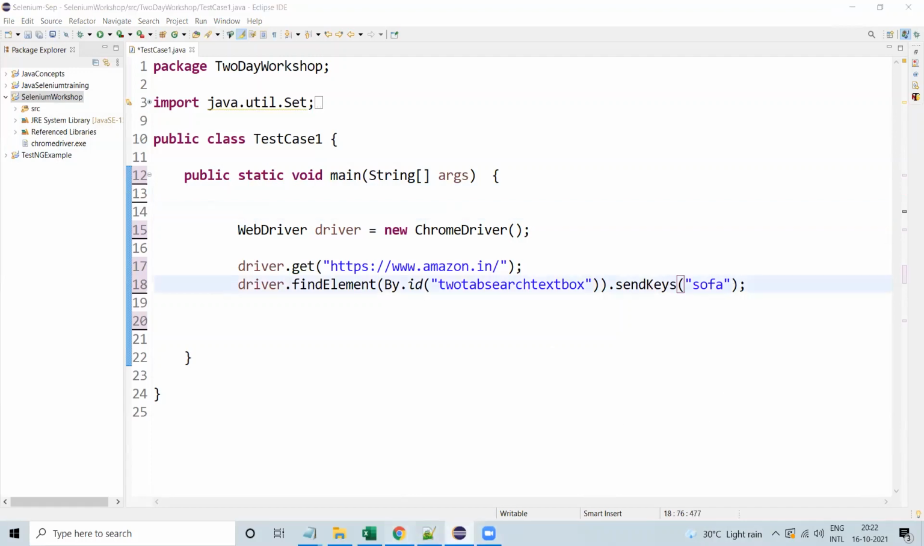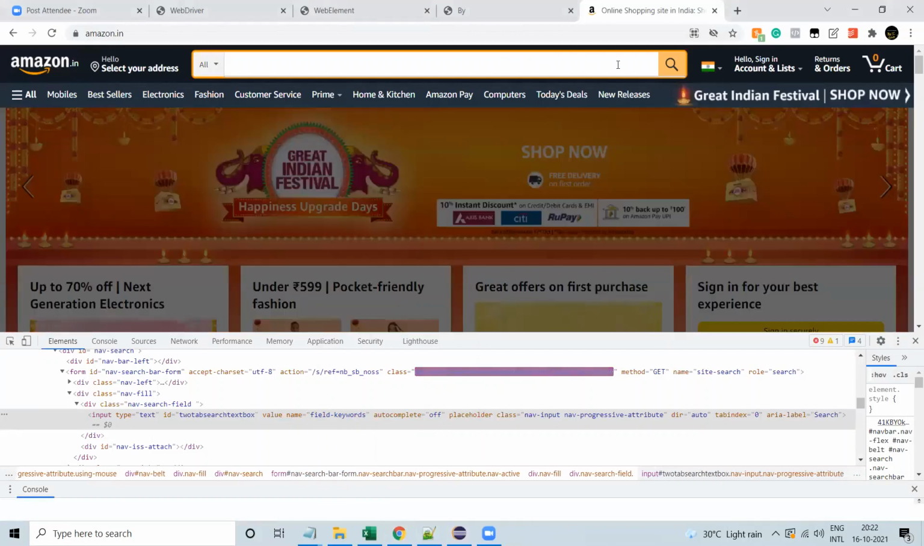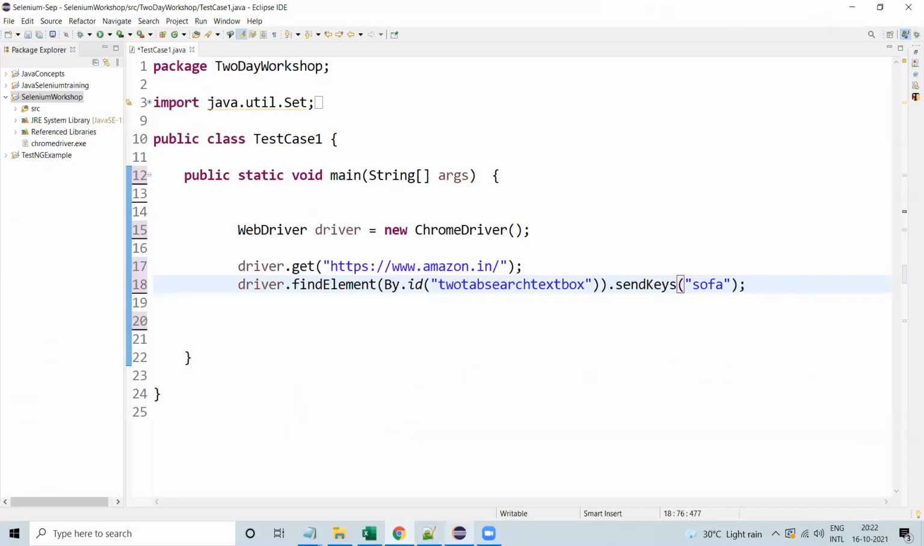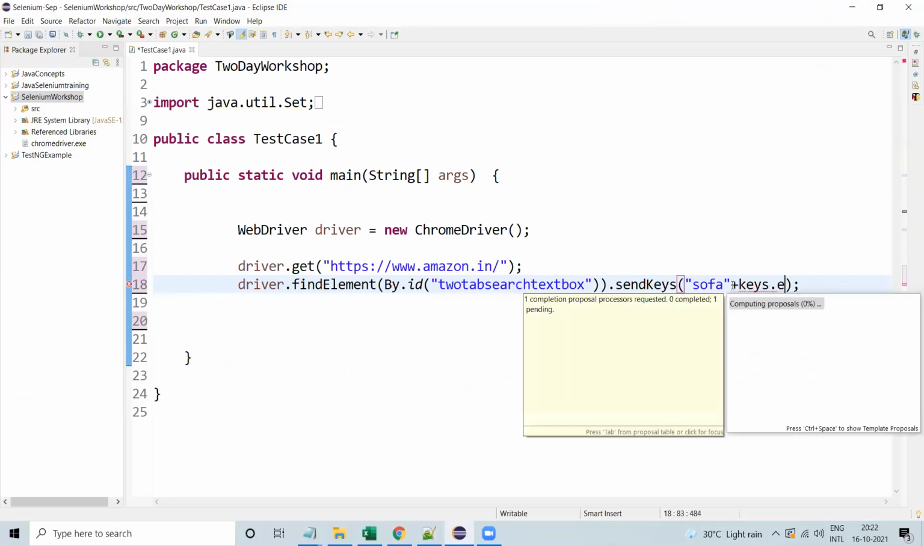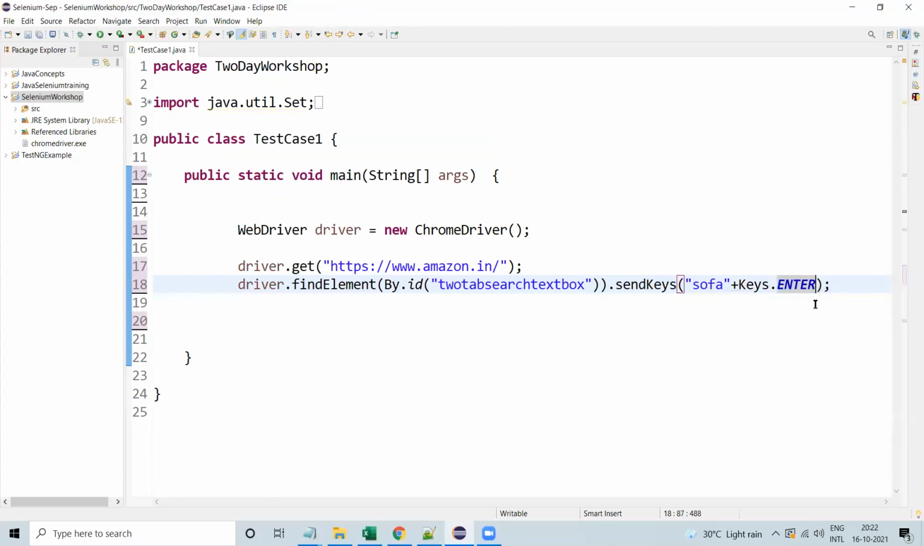Once you enter the text over here, we need to click enter. So what we have to do here is add one of the methods called Keys.ENTER. If we enter Keys.ENTER, then it will enter the